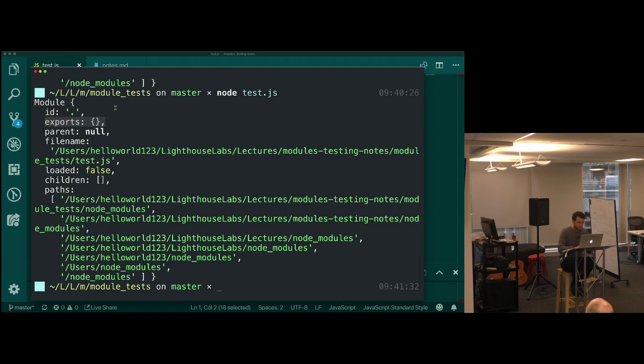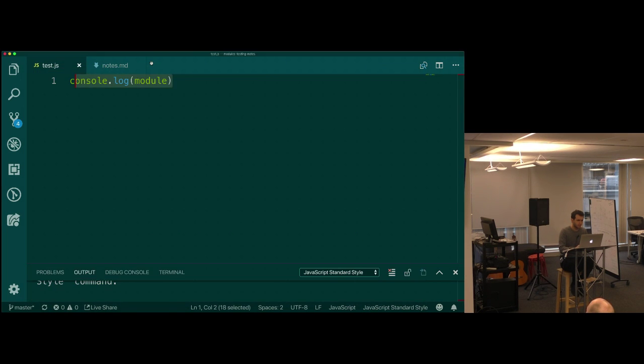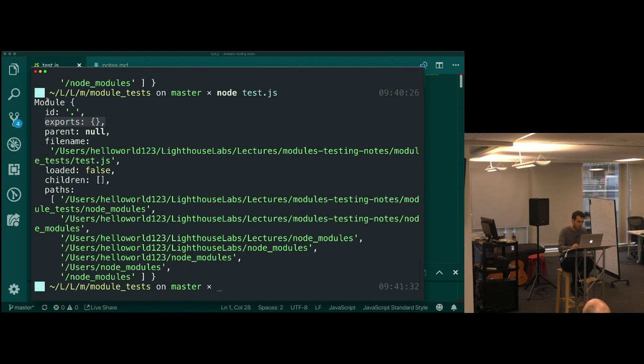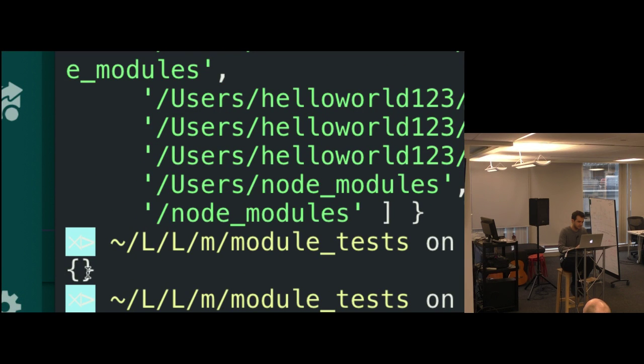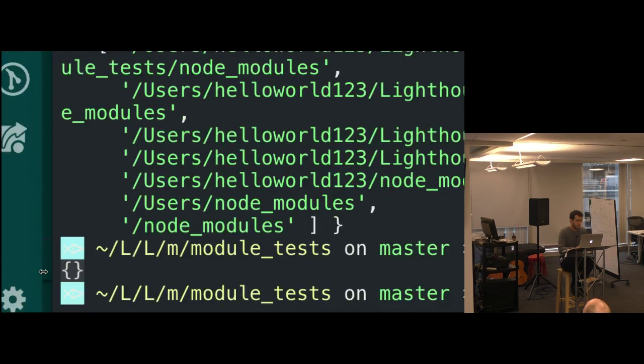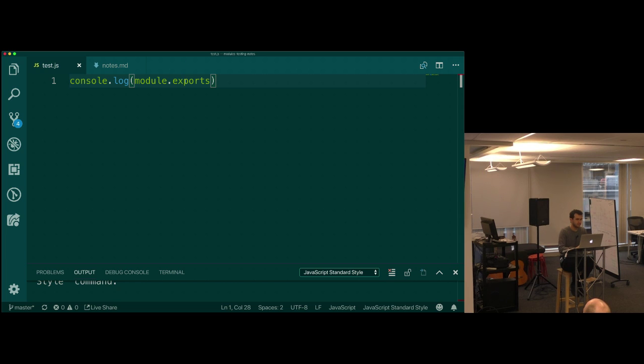Now, knowing that I'm currently just console logging module and that it's just an object and that there's this exports thing, I could console log module.exports, right? There's nothing, as far as I know, that's illegal about this. And now I get out this empty object. What else can I do with objects?